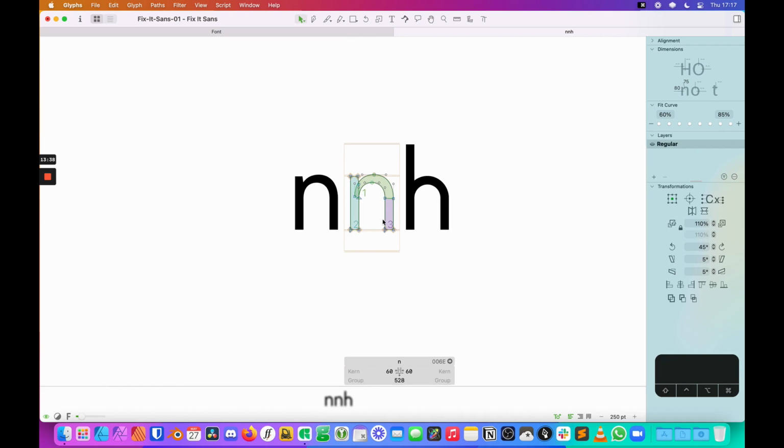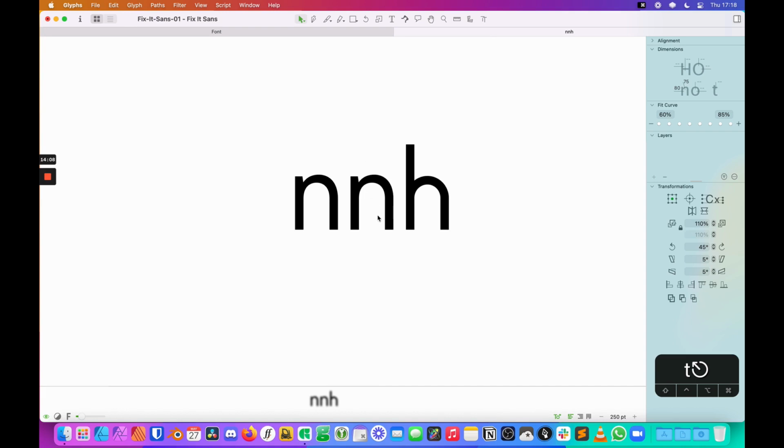It's something that I usually look at doing, especially if I intend the type to be used at smaller point sizes, maybe from like 18 point down or 20 point down. What it does is it opens up this notch and makes it a little bit more noticeable, because you really don't have that tall vertical line that the H has, and it really helps open things up a little bit. So those are some of the most common things that I see with N's or shapes like the N.